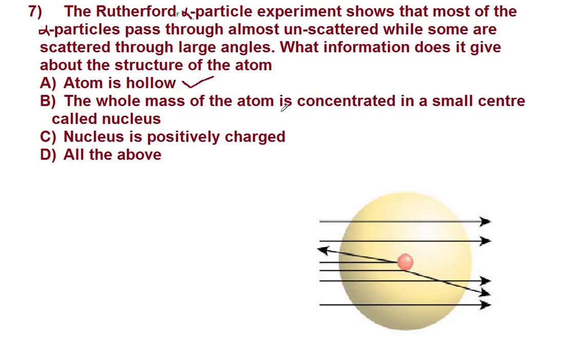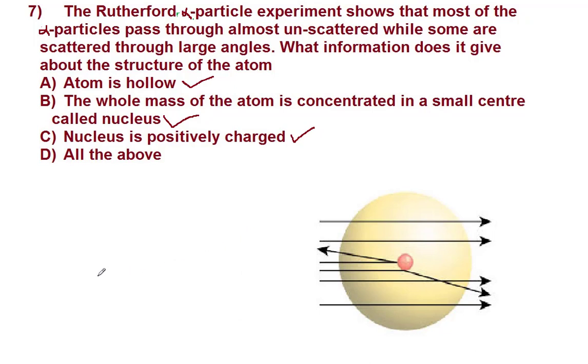The whole mass of the atom is concentrated in a small center called the nucleus. This is also true. This is one of the conclusions of Rutherford's alpha particle experiment, that the entire mass of the atom is concentrated at a particular point, which is called the nucleus, and the nucleus is positively charged,